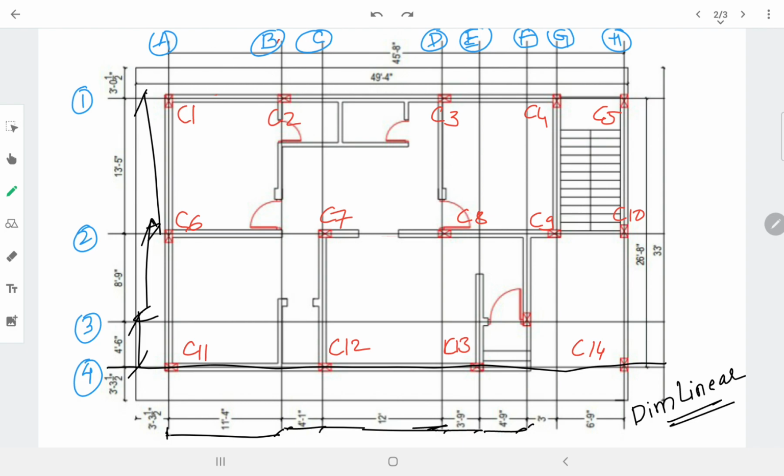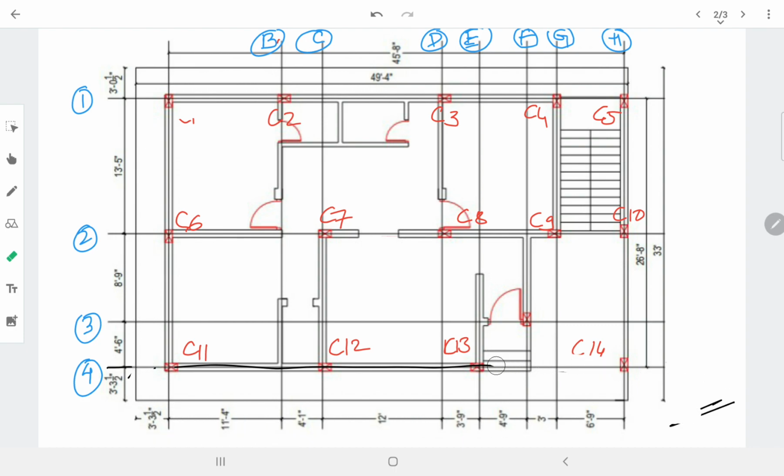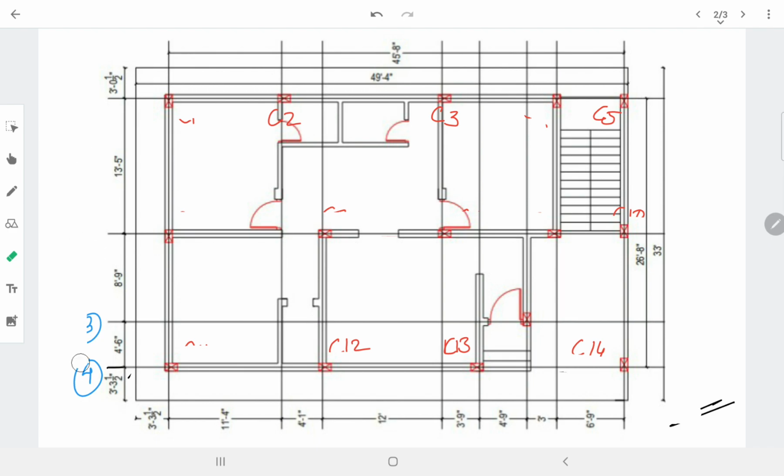Once the center line drawing is completed, I will go for the layout at the side.